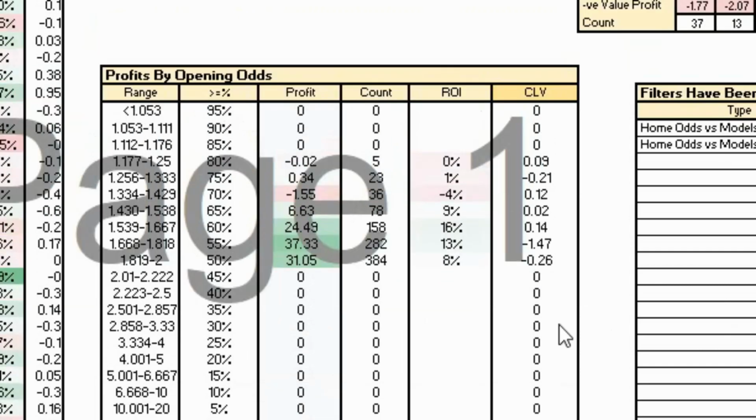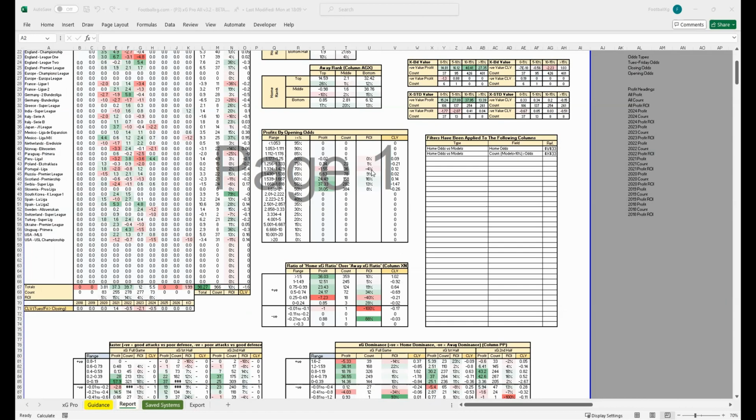Finally, the key area to look into is odds, and as mentioned previously, it's strongly recommended to create separate systems focusing on different odds ranges, largely either shorter odds ranges or longer odds ranges. For the example here, we can see our system has been focusing on a shorter odds range, and you can see here that the odds are profitable between 1.43 all the way up to 2, but it is showing a small ROI loss in the less than 1.429 odds range.